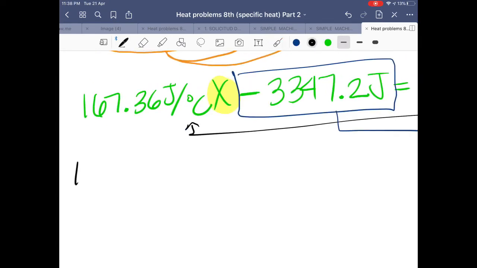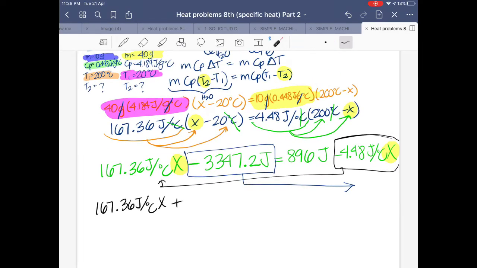So I'll put 167.36 joules over degrees Celsius x plus, because I'm bringing this one, 4.48 joules over degrees Celsius x equals 896 joules. Here you have a negative sign, so it's passing positive, plus